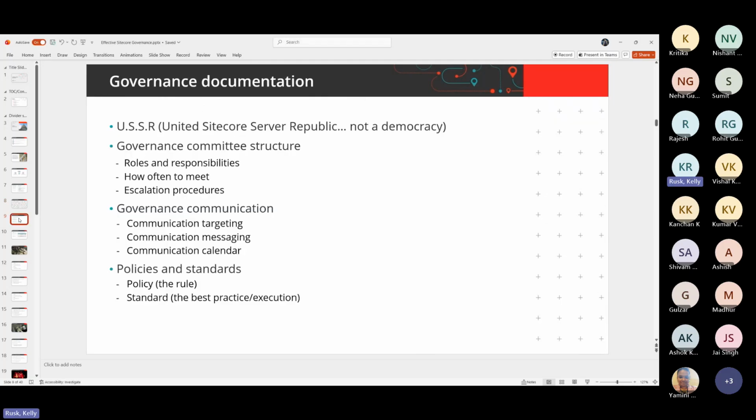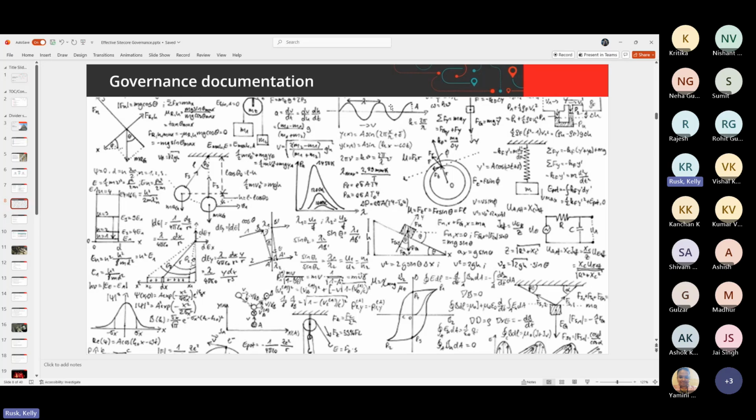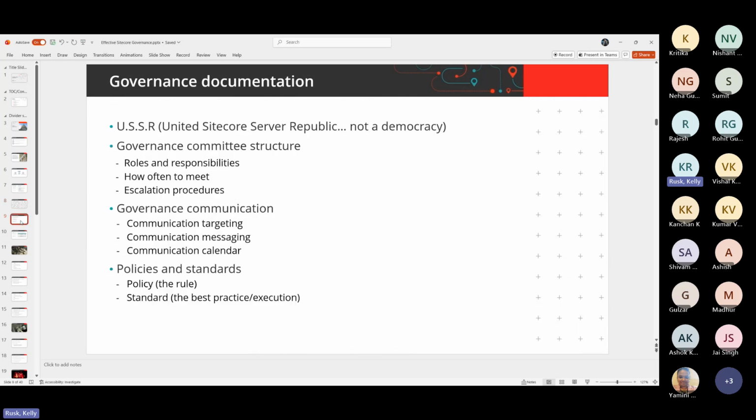So when we talk about governance documentation, we don't want to go create a massive, difficult equation where all day you're just managing governance documentation. We want to talk about some core precepts, and that is we're creating the USSR. That's the United Sitecore Server Republic. The Republic's not a democracy. You're here to represent the best.